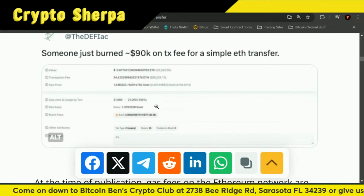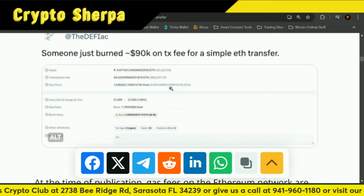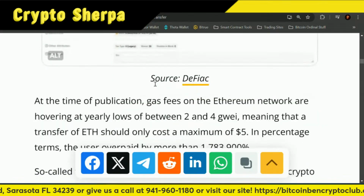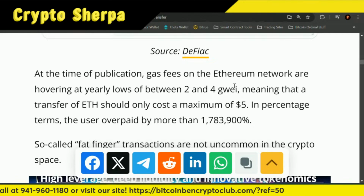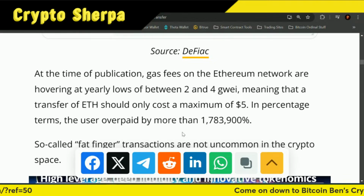You can kind of see, can you see the wallet? No, you're just seeing, they're probably keeping it a little bit more hidden, but you're just seeing they spent 34.4 ETH right there. But at the time of publication, gas fees on the Ethereum network are hovering at yearly lows of between 2 and 4 Gwei, meaning that a transfer of ETH should only cost a maximum of $5. Now, in percentage terms, the user overpaid more than